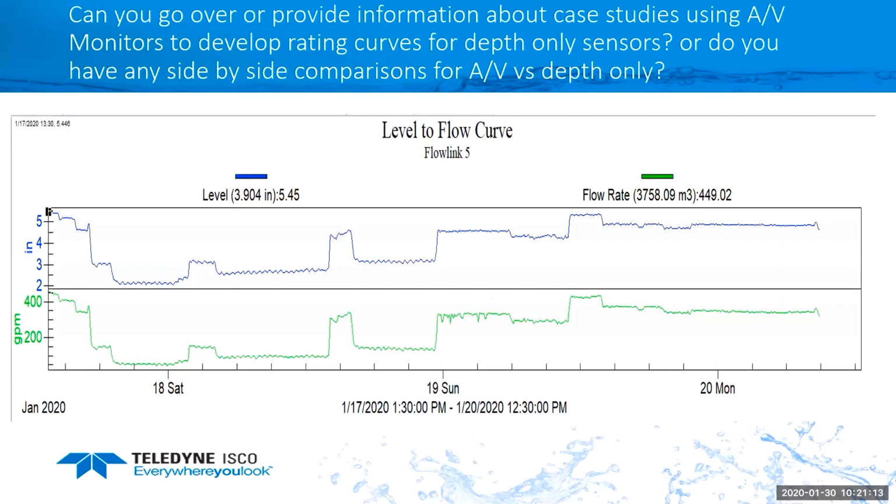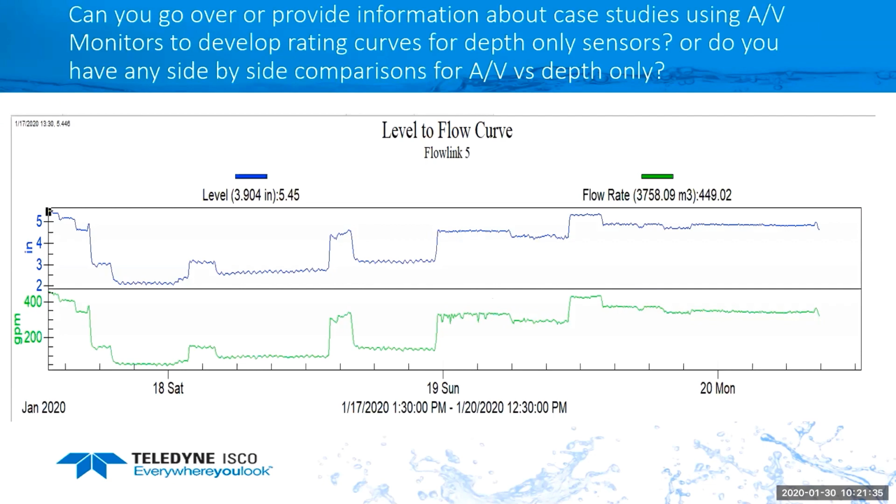Another question was, can you go over or provide information about case studies using AV sensors, monitors, to develop a rating curve? They want to develop a rating curve by using an area velocity sensor. I do not have a case study on that, but I have